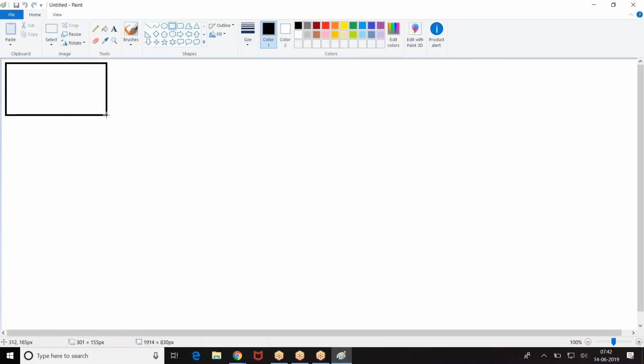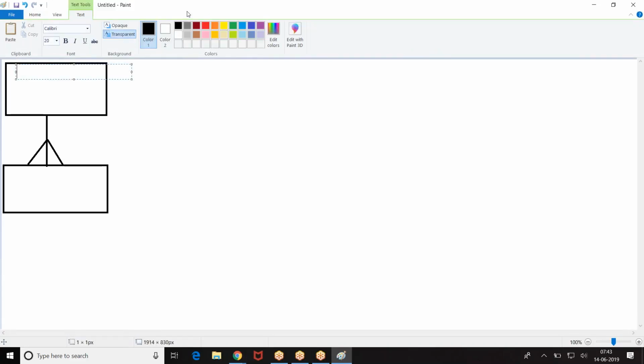The first story: I have two objects. When do you say these two objects are connected? When there is a lookup relation or master detail.